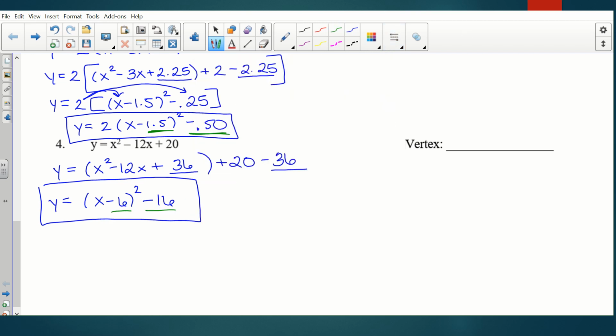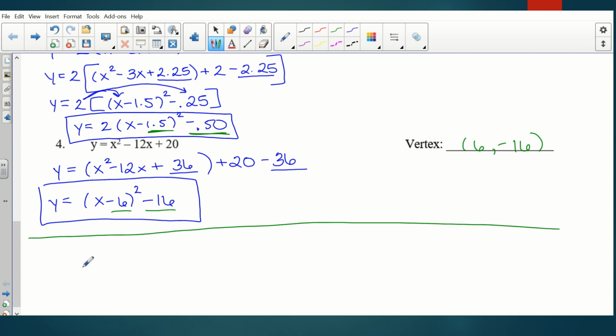And (6, -16) is our vertex. Now, this is completely separate here: if we had something, let's say, instead of x minus 6, we had (x + 6)² − 16 inside our parentheses here. If this was the case, and I asked you to identify the vertex,